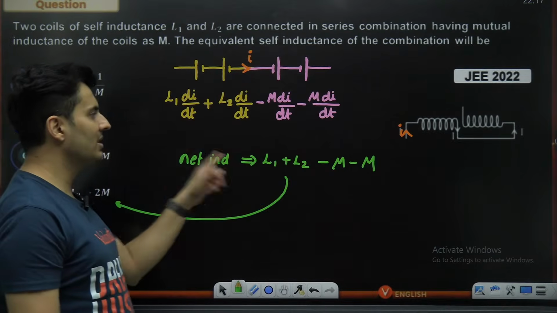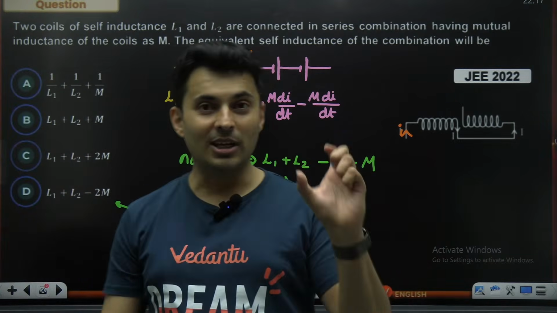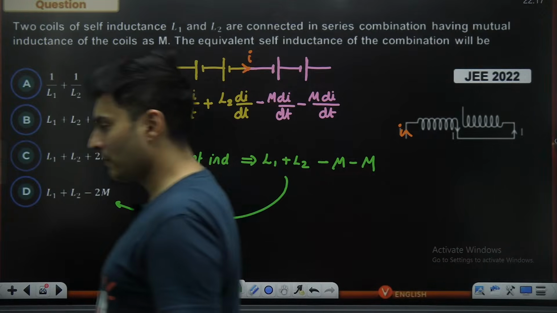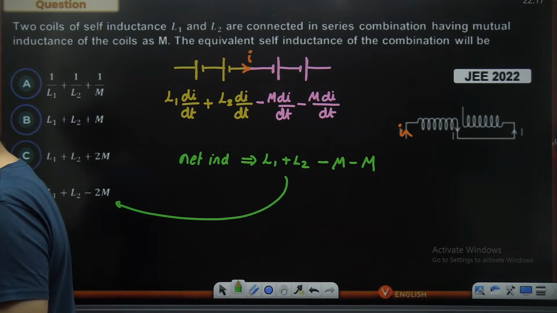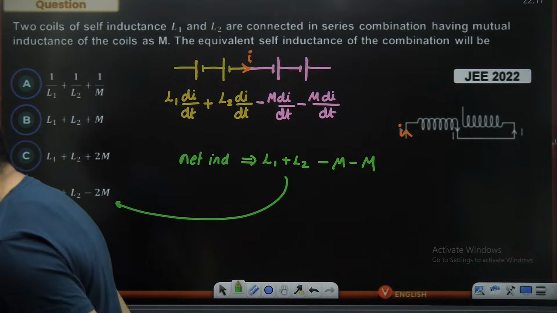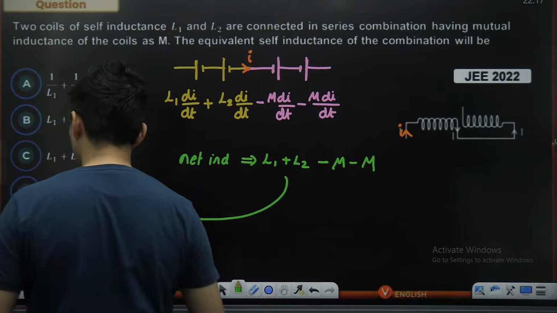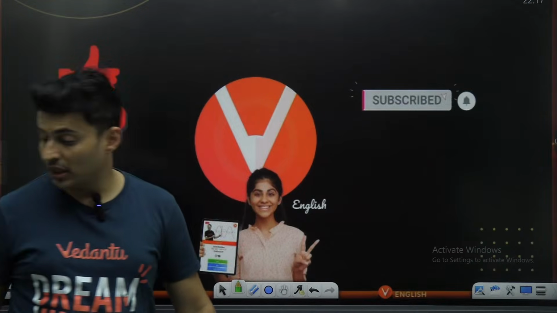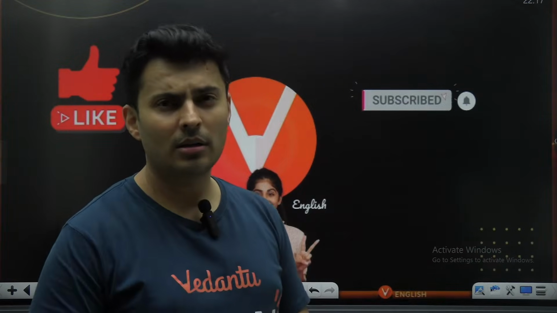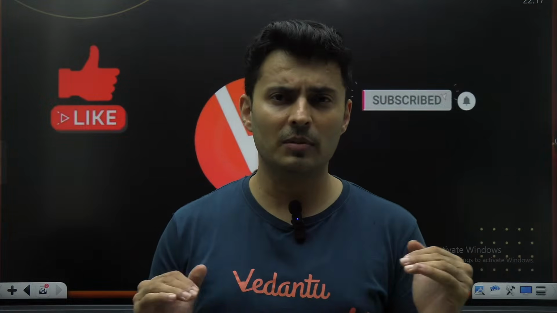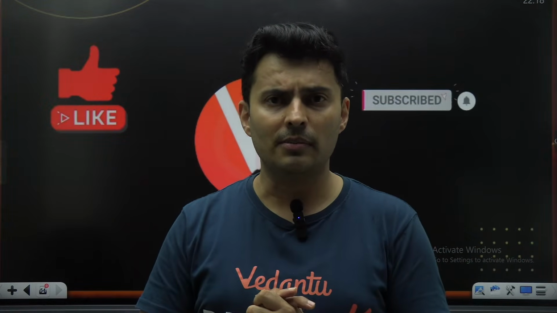Lot of people wrote C option, that is wrong. So the catch was the coil is connected in the opposite way. Yeah. All right. Absolutely clear. Okay. Amazing. So that was the last question which we had. I hope you enjoyed the class, and we did a lot of questions out here. A big class, but a very comprehensive class, right from the basics to the proper advanced level, right?